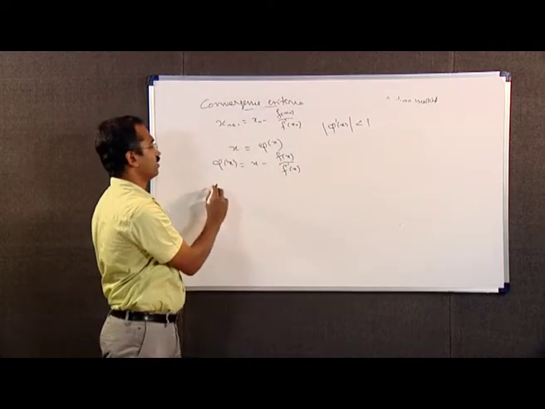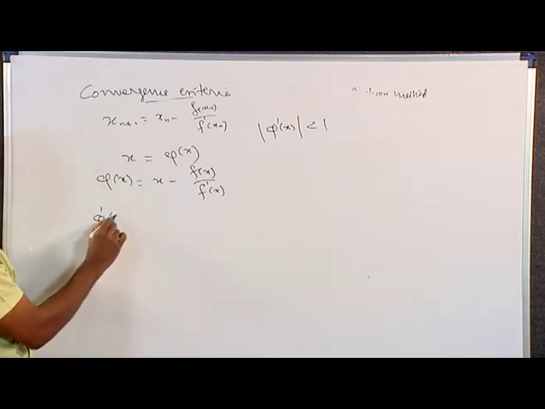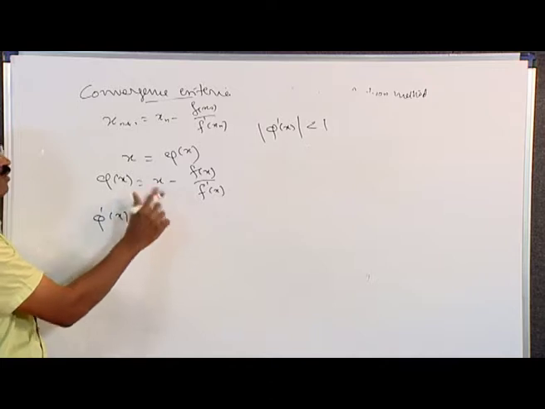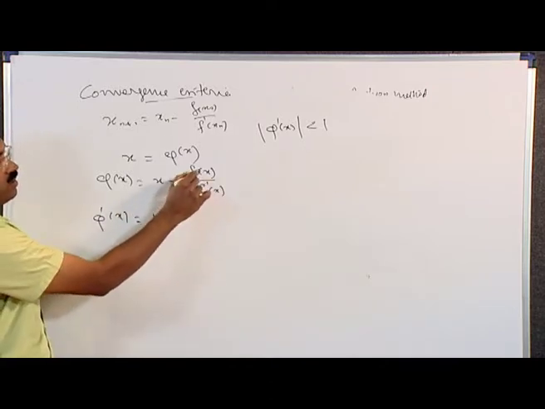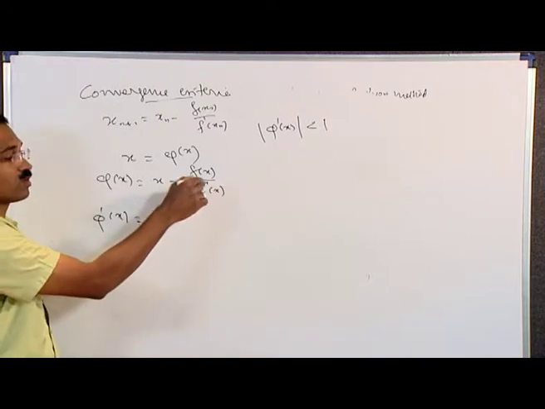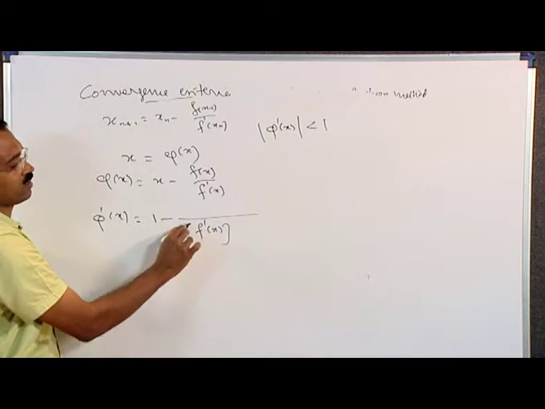Here phi dash of x is equal to the derivative of x, which is 1, minus, we use the quotient formula for the derivative, that is, in the denominator f dash of x square,